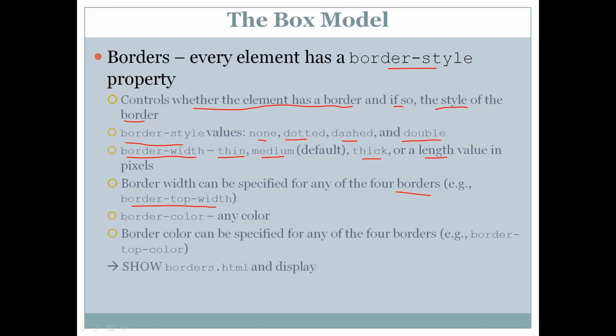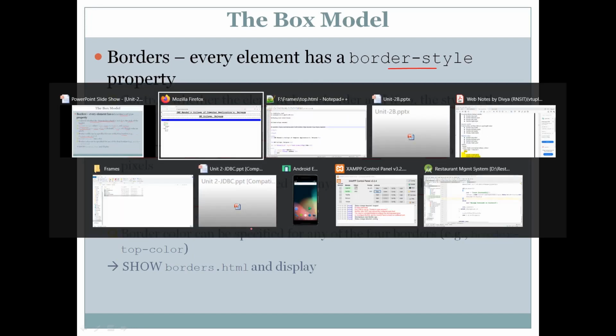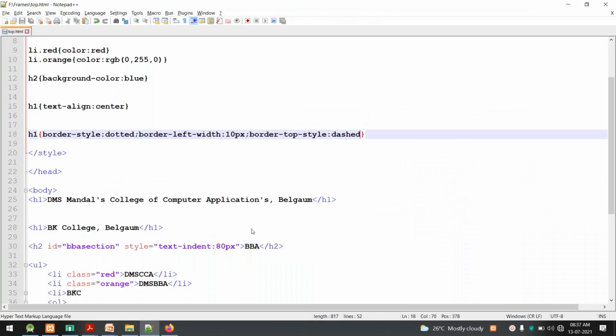Same way for color as well. Any border color can be specified, and again in the case of borders, individual borders may have a different color. So if you want a different color for a different border, you can specify it.